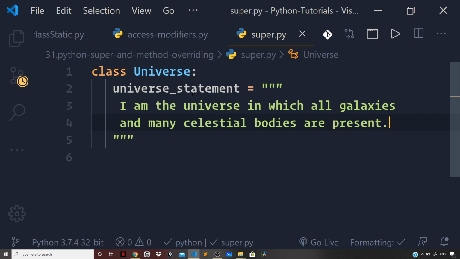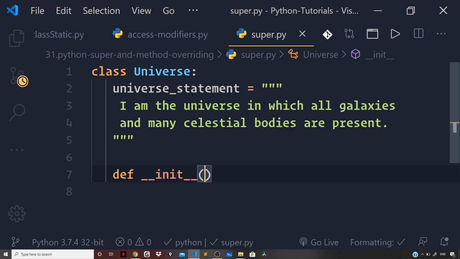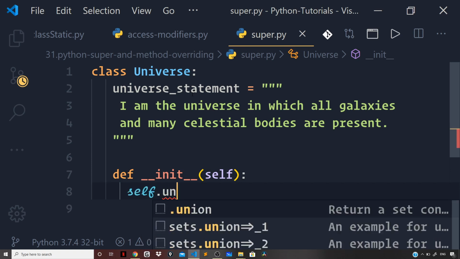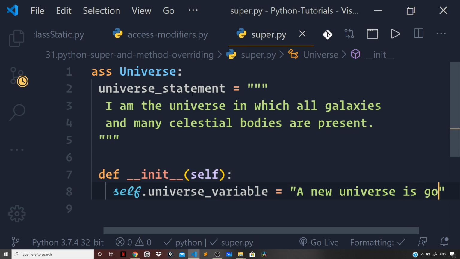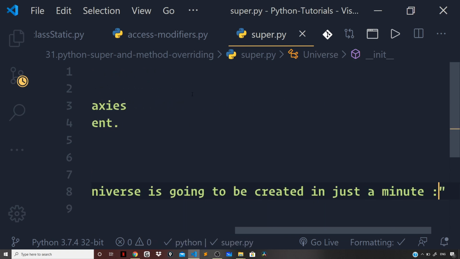And now let us define the constructor function for the universe class. So I can say def double underscore init double underscore, pass on the self parameter, and right inside the constructor function let us define some public data attributes. So I can say self dot universe variable and set that to a new universe, which is going to be created in just a minute,